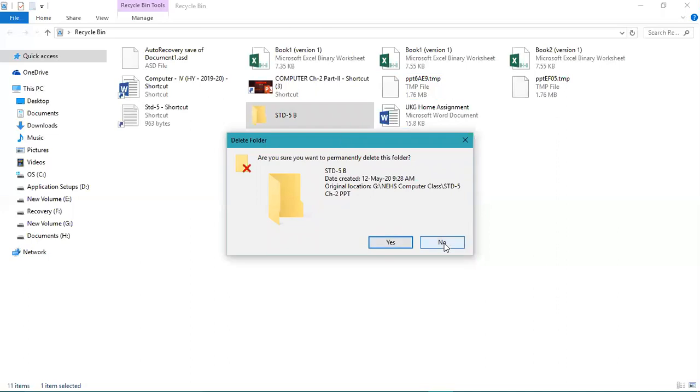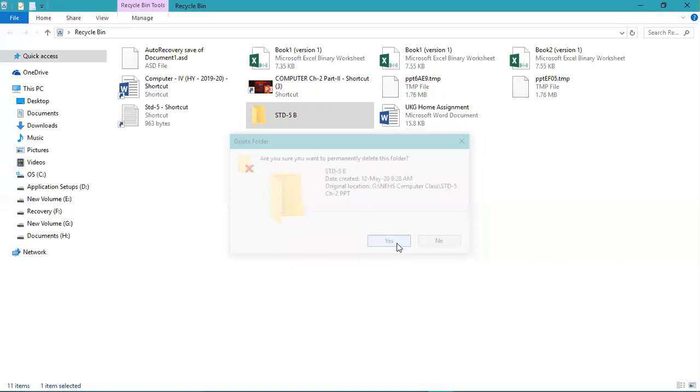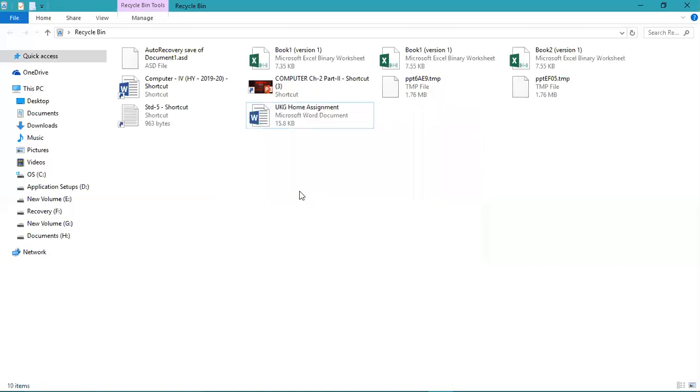If you click on no, then that file will be left as it is in the recycle bin. So let's click on yes, and that file is deleted now. The file which you have deleted right now cannot be restored again on your computer because that file is permanently deleted. And this folder in which the deleted files are stored is known as recycle bin.